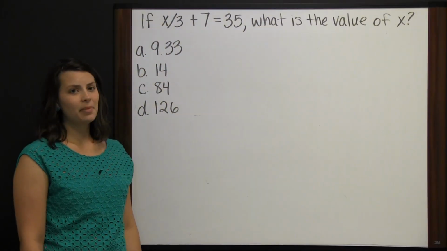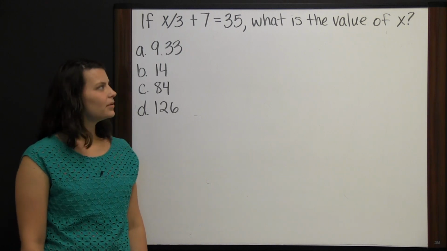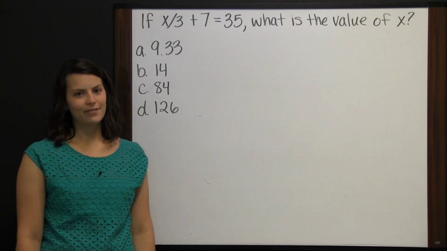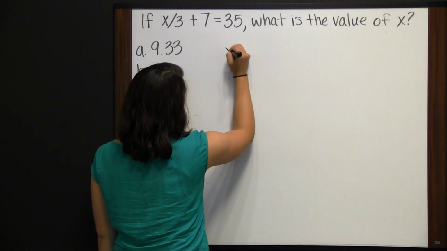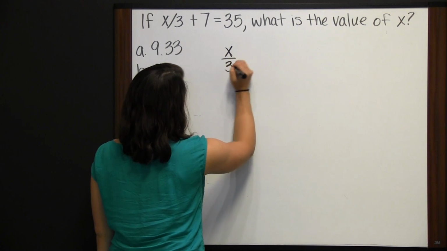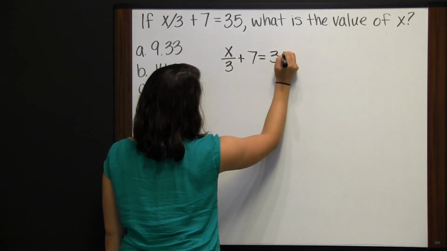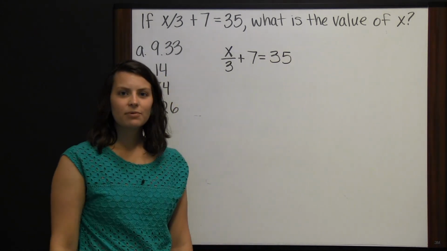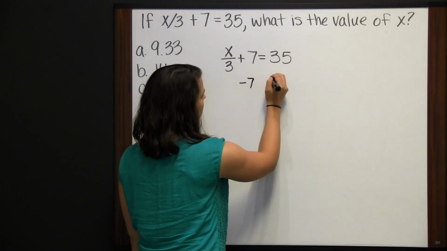If x divided by 3 plus 7 equals 35, what is the value of x? I'm going to start by writing this problem. X divided by 3 plus 7 equals 35. The first thing we want to do is subtract 7 from both sides,